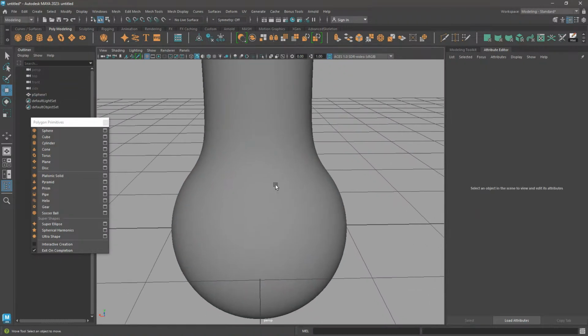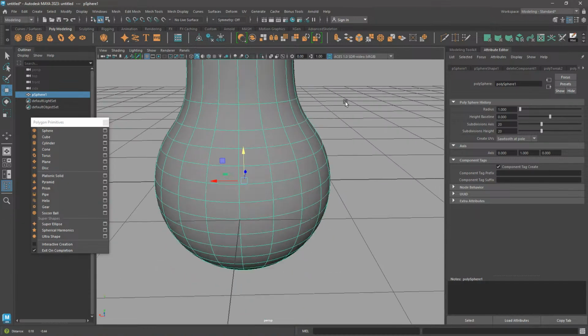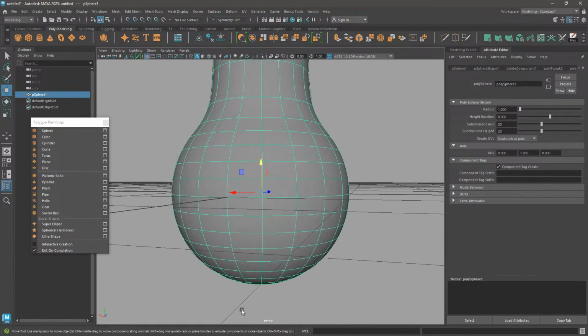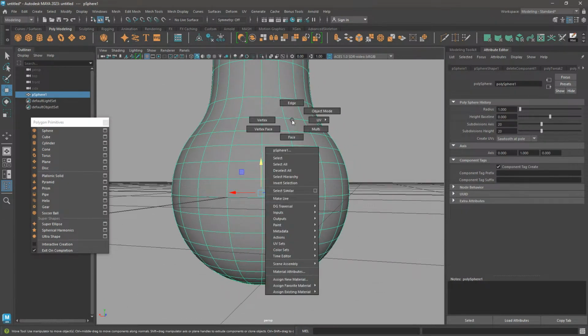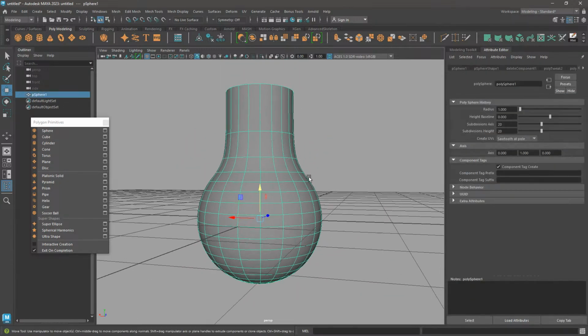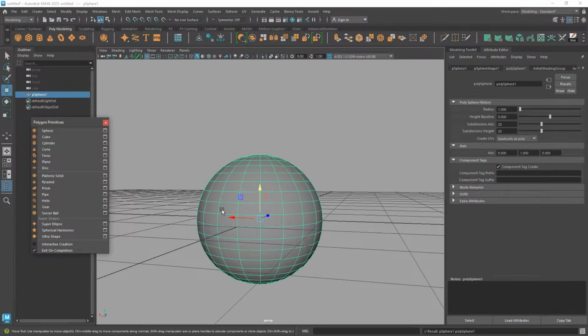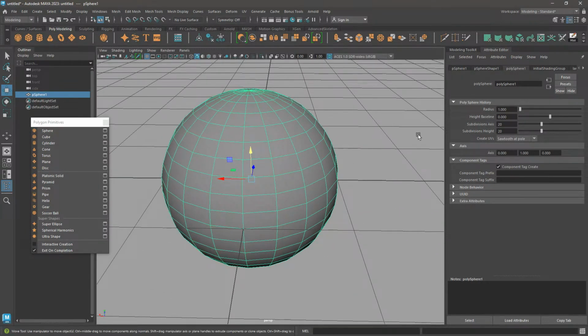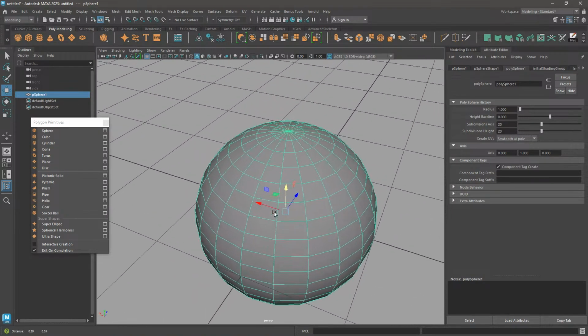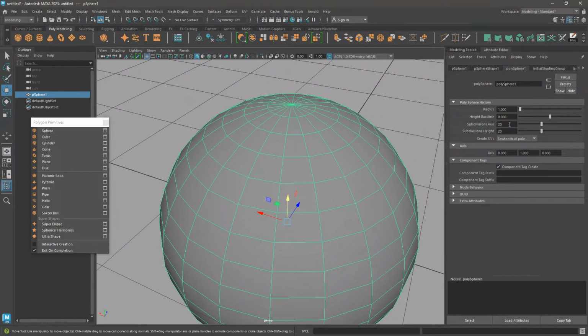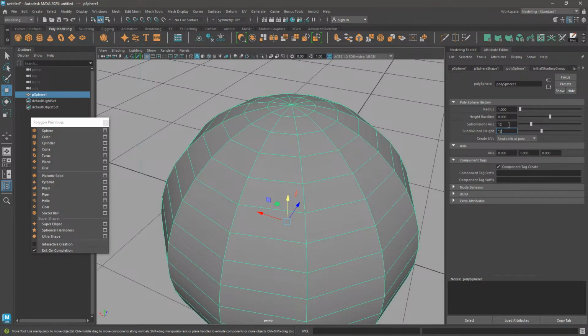cuts are very important. All these cuts are giving the shape to the sphere or vase or flower or something like that. Okay, so subdivision axis and subdivision height is very important. As a beginner, how much subdivision is needed for a sphere? My recommendation is 12. Okay, so